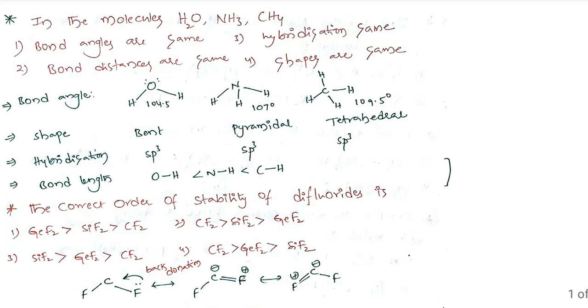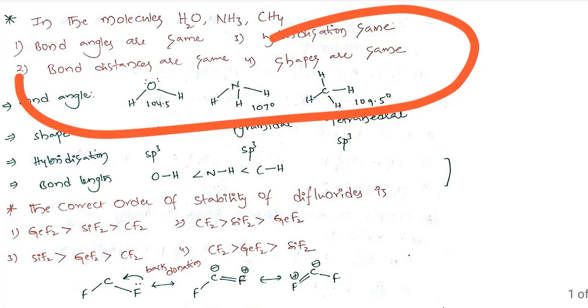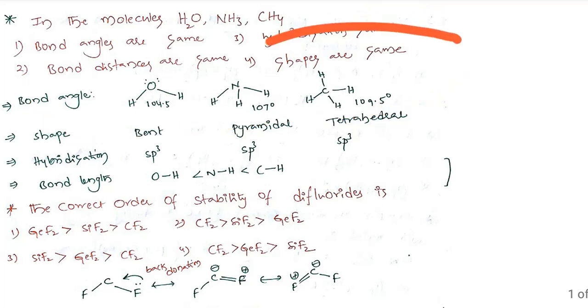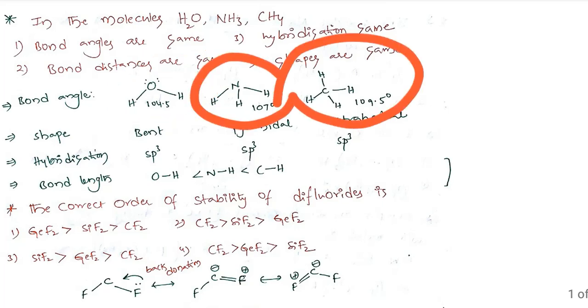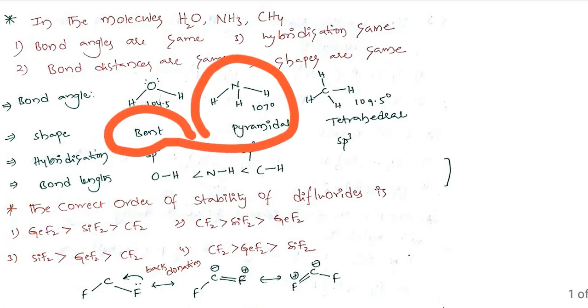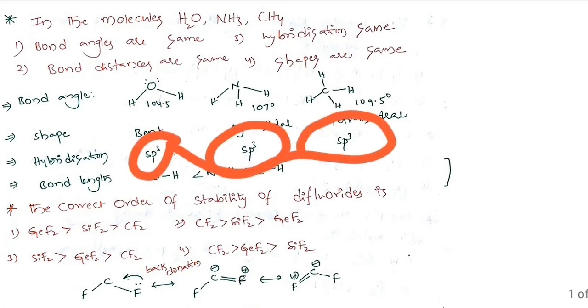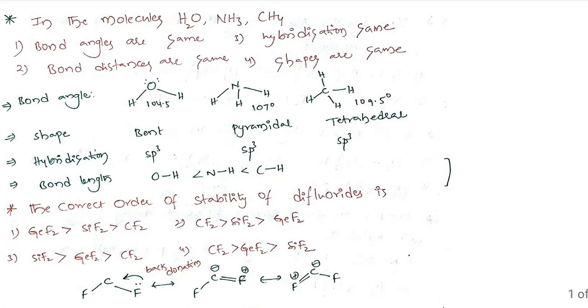And next one: in the molecules H2O, NH3, CH4, bond angles are same, hybridization same, bond distances are same, shapes are same. Now look at the bond angles: water 104.5, ammonia 107 degrees, and methane 109.5 degrees. Shapes: water bent, ammonia pyramidal, and methane tetrahedral. Hybridization is the same, sp3, for all H2O, NH3, CH4, whereas bond length is